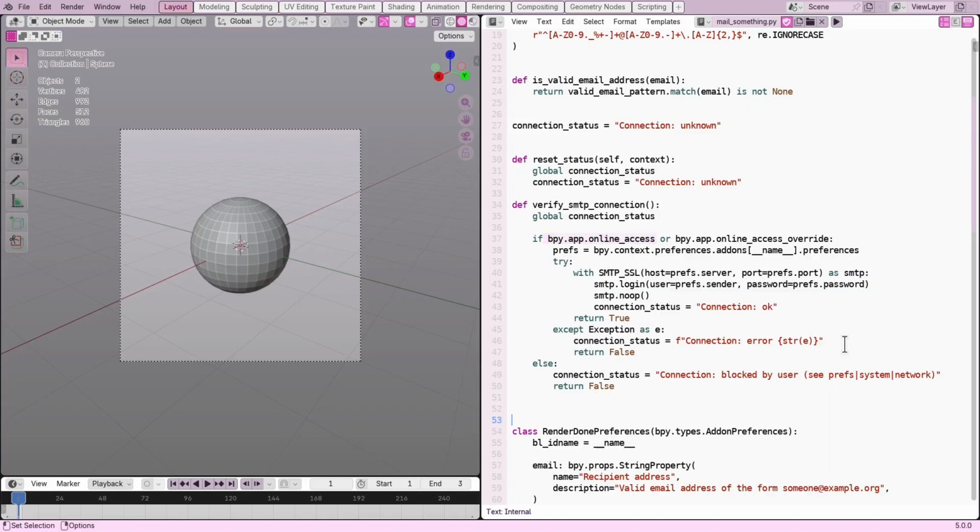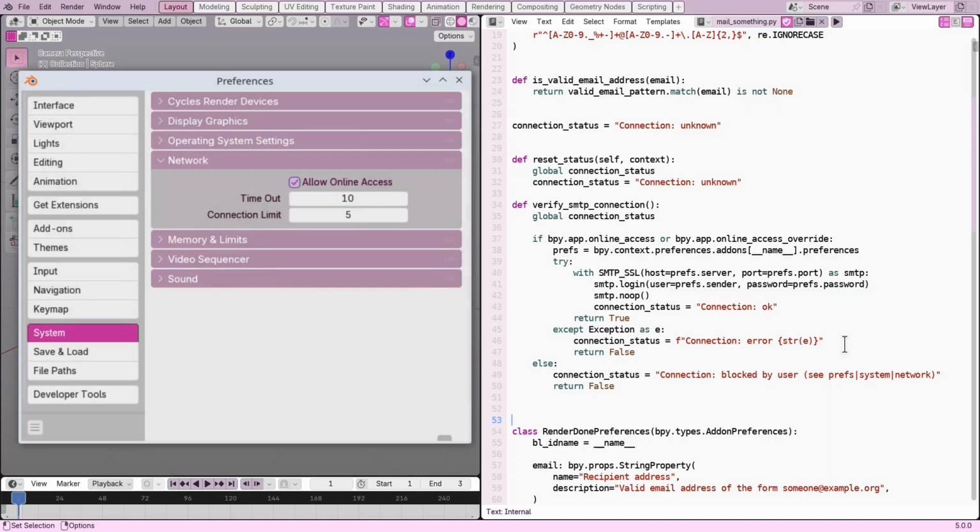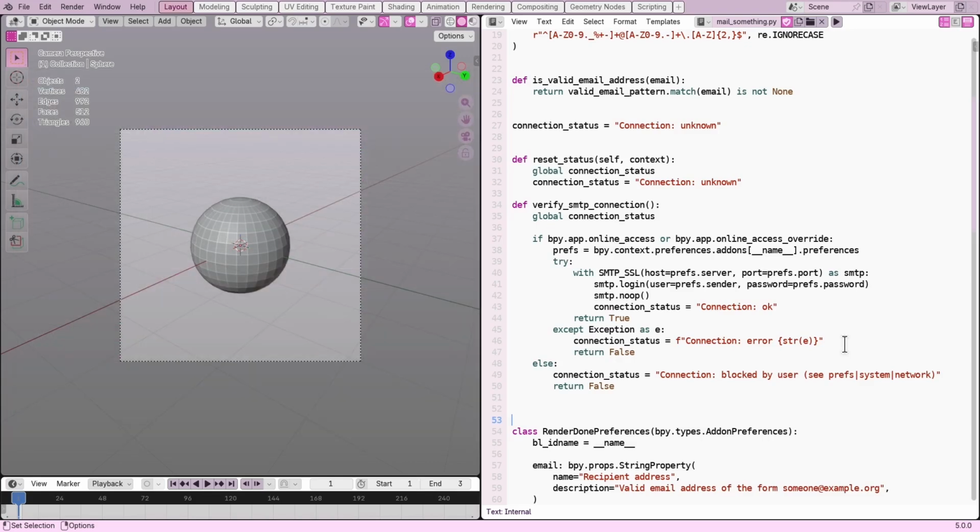A user can indicate in Preferences, System, Network whether or not internet connections are allowed. Blender cannot actually enforce that, but we should respect that and report this back to the user. The online access variable reflects the user preferences, but if Blender is run from the command line, it may have been given the online mode option to override the user preferences, and that is reflected in the online access override